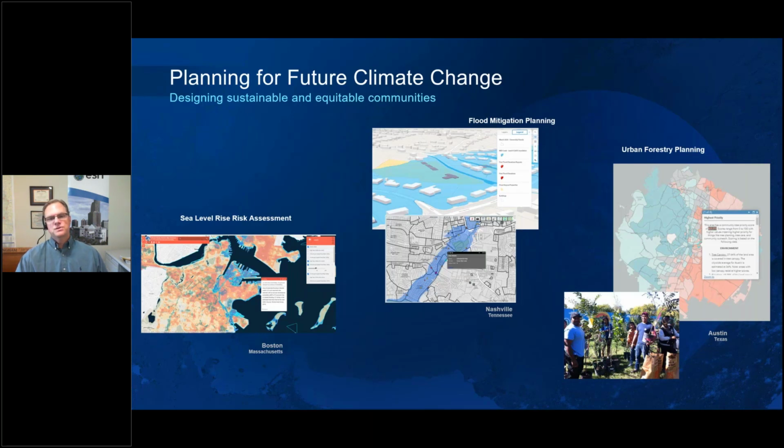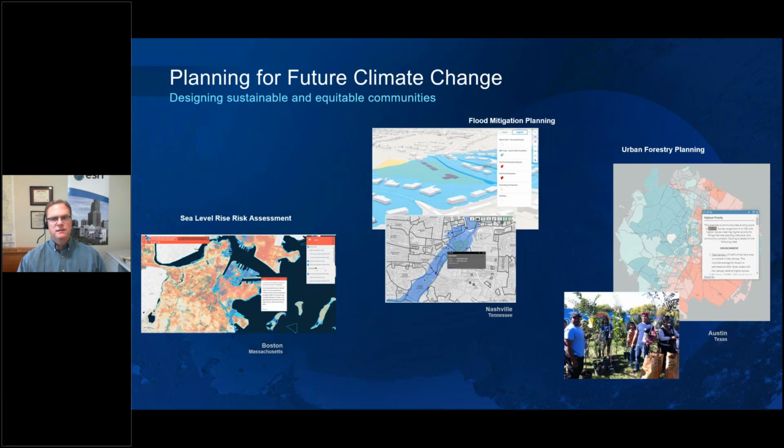So being able to understand where the areas were that were perpetually being flooded, where 50, 100, 500-year floods could occur, what damage might exist from that. And then in Austin, they're working with all communities, prioritizing those that are disadvantaged, for urban forestry planning. And so this is really useful because it's a way for neighborhoods to become more cohesive. You actually work in the neighborhood that you live in, planting trees, again, for environmental purposes.